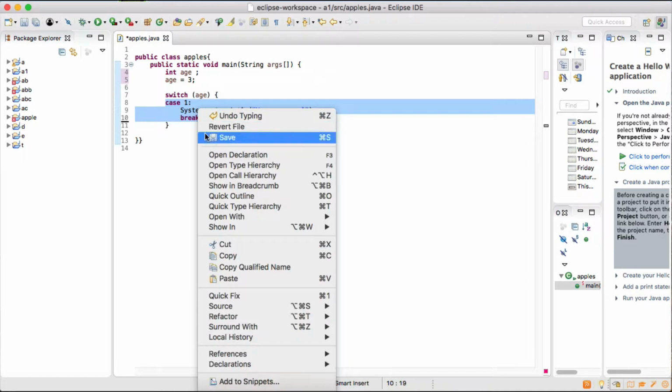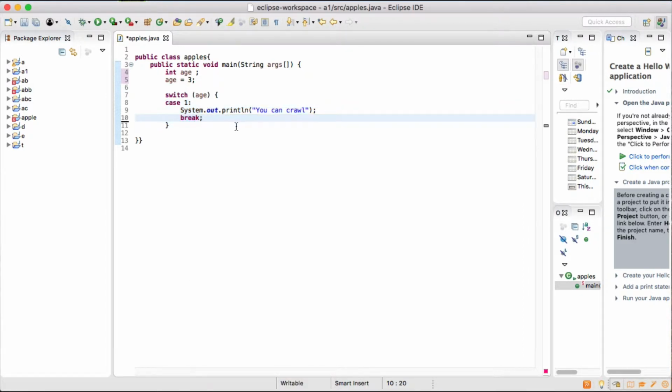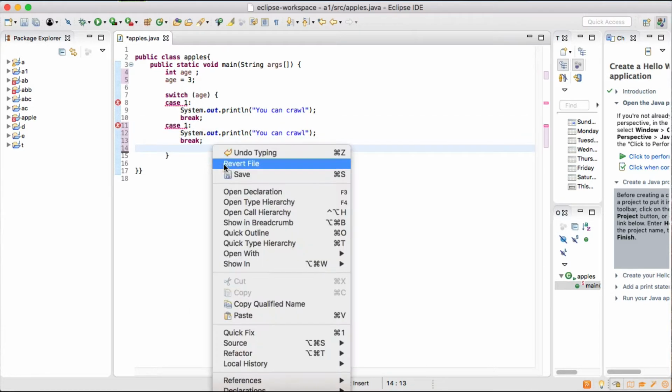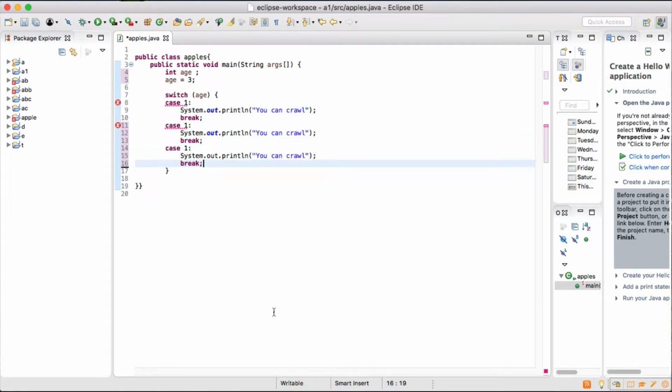I'm going to copy this one and paste it twice. Copy, paste it right here, and paste it one more time. And this is going to be case 2. In case 2, if the age is 2, we are going to say you can talk, and if the age is 3, we are going to say you can get in trouble,